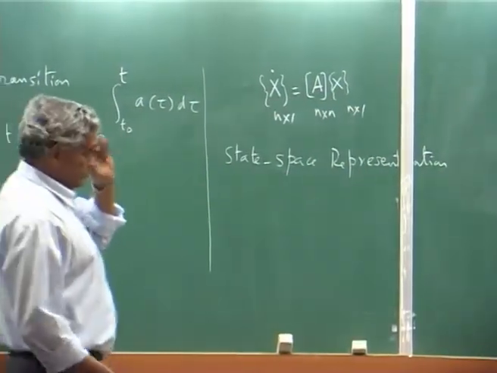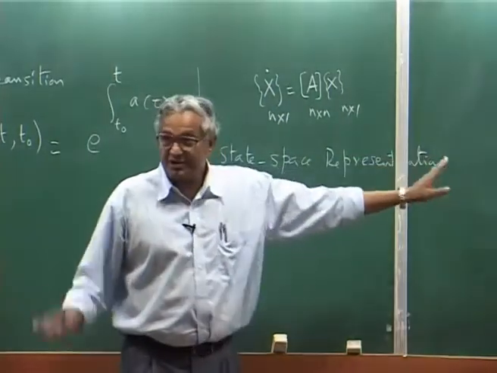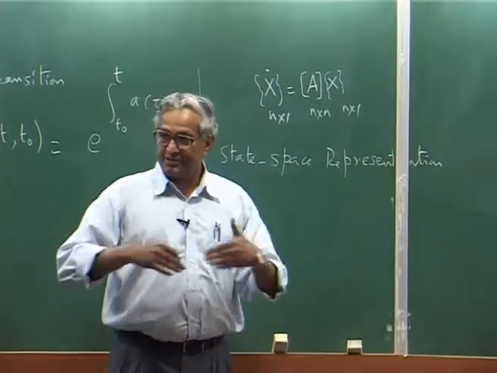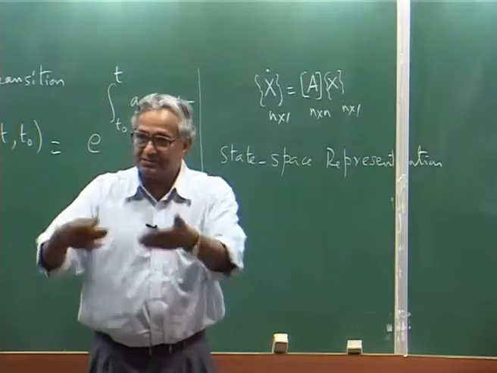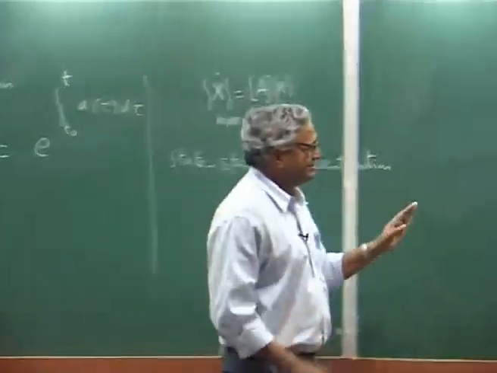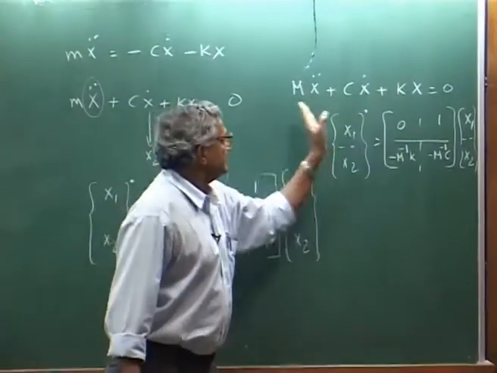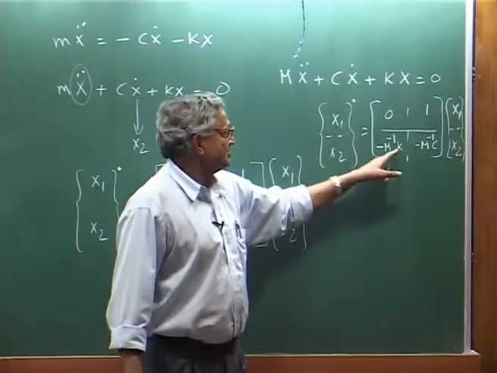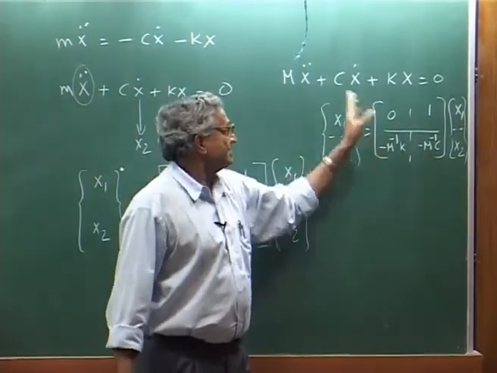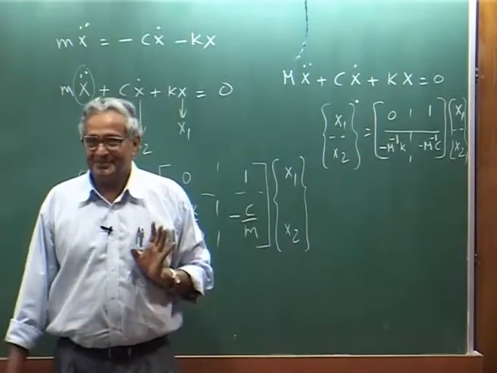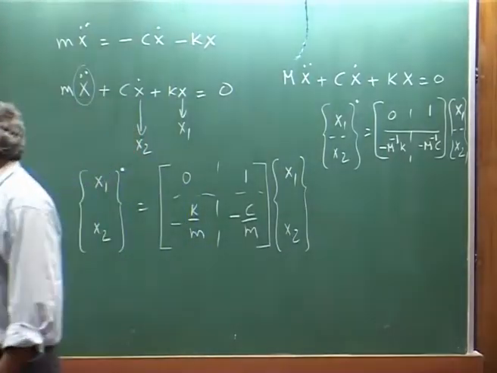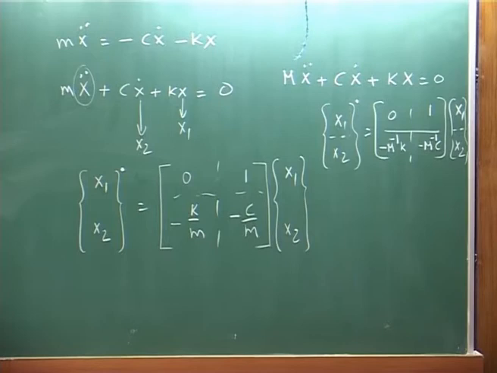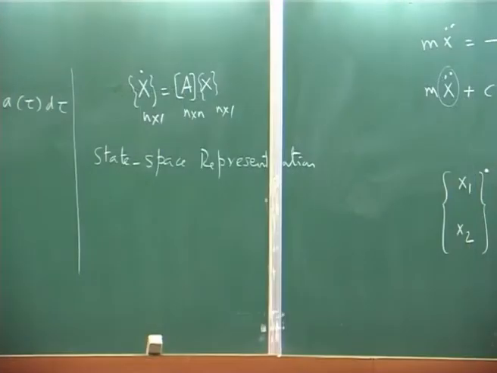Now you know how to get the state space form. That is why if you are given a differential equation, you should be able to convert to state space form. So this is a standard, that is all. You take this, take the other term, put an m inverse, this goes to m inverse k, m inverse c, straight, okay. Now we will go and solve this problem, because the solution, if A is a constant matrix,